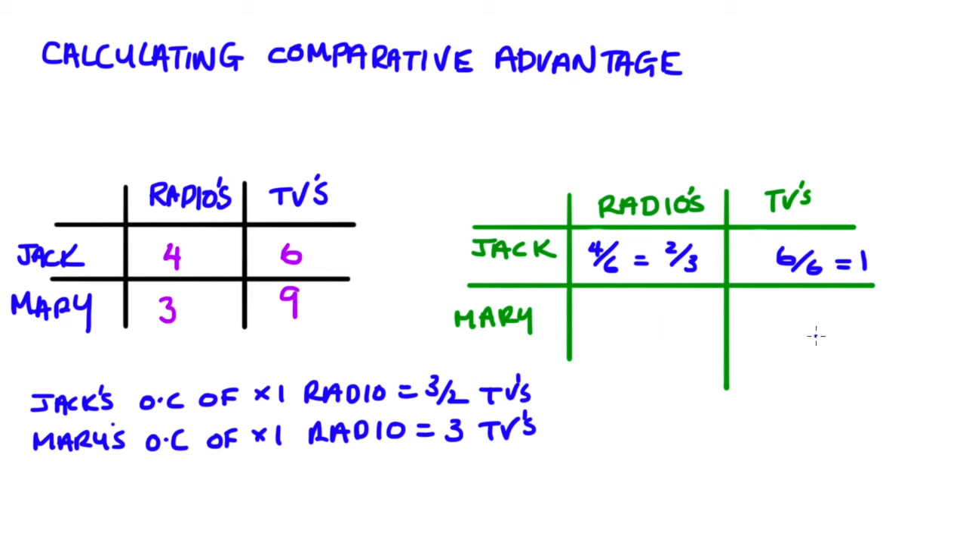Let's do the same thing for Mary. Mary gives up 3 radios if she makes 9 TVs, but we want the opportunity cost in terms of 1 TV. So we divide 9 by 9, and the other side, the number of radios, by 9 as well. And we can see that Mary's opportunity cost of 1 TV is 1/3 of a radio. Good. So the reason why I've normalized this all to 1 is because now we can figure out comparative advantage,